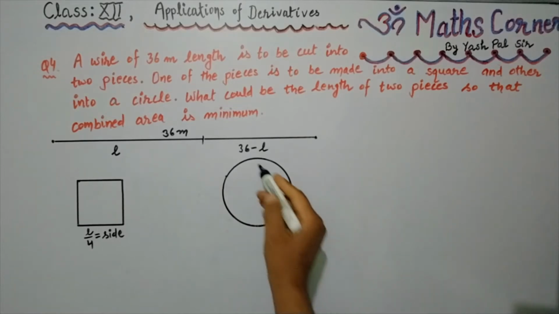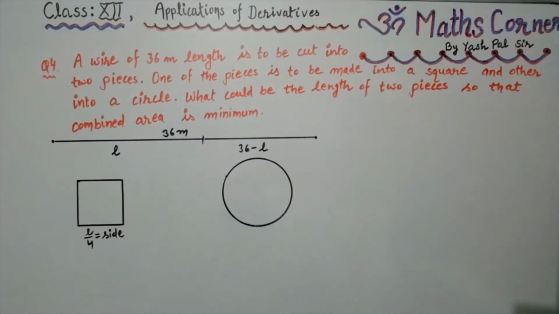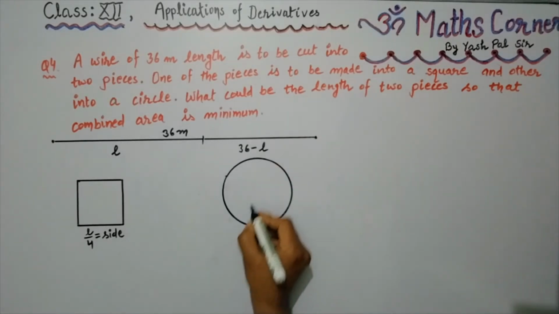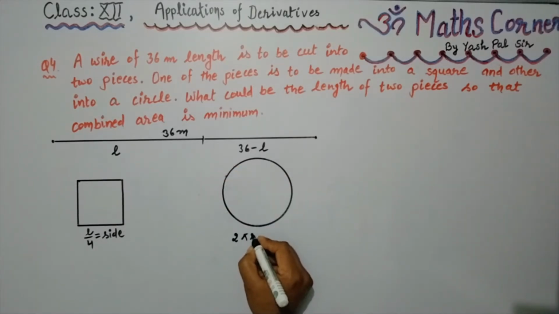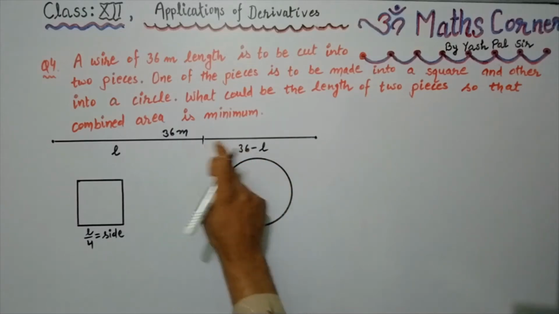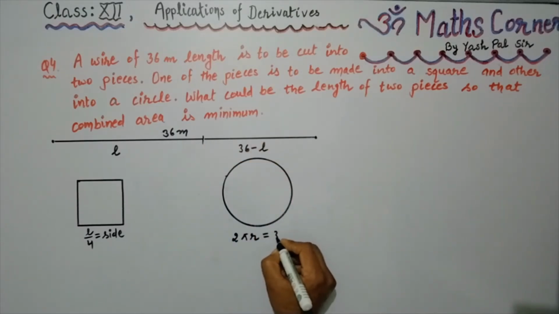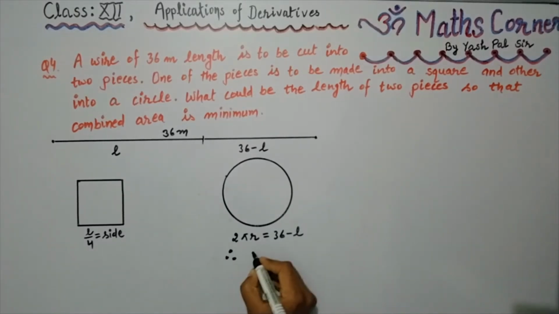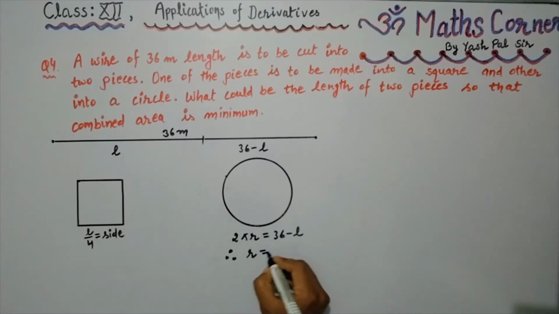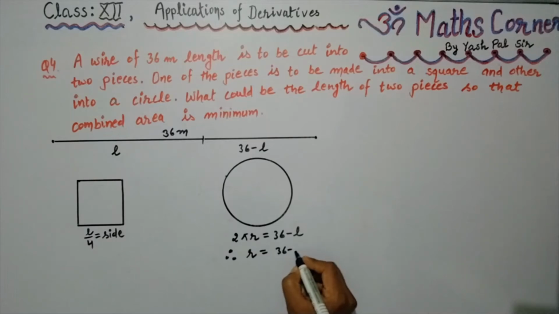So from this we are making the circle. What is the meaning of this circle? Here the circumference of the circle, which is 2 pi r, becomes the length of the wire. This is equal to 36 minus L, right? So from here we can conclude the value of r is equal to 36 minus L upon 2 pi,